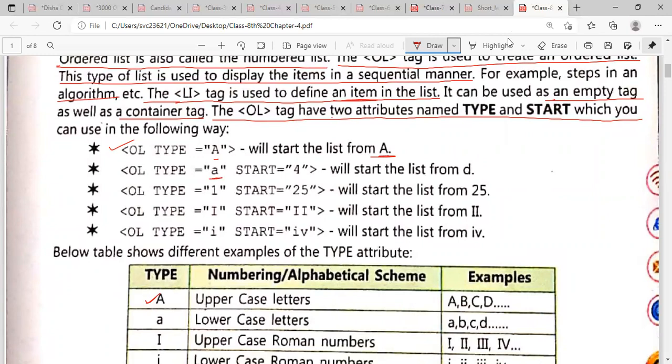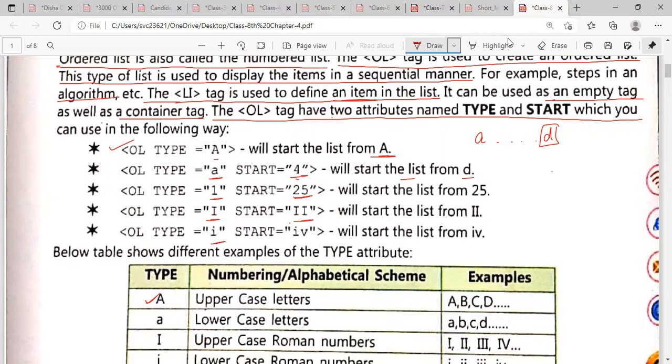Type A and start 4, and we will start the list from D. You are starting from A, and at the fourth position D will come. Now next is 1, but you are starting from 25, and next is I, but you are starting from II.